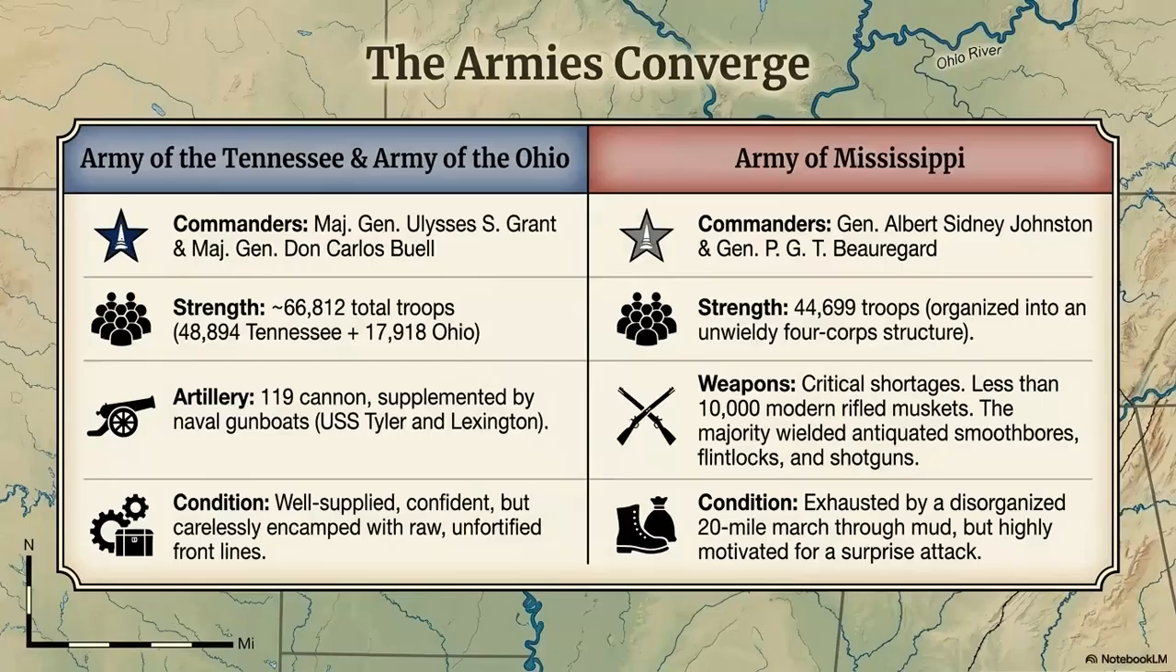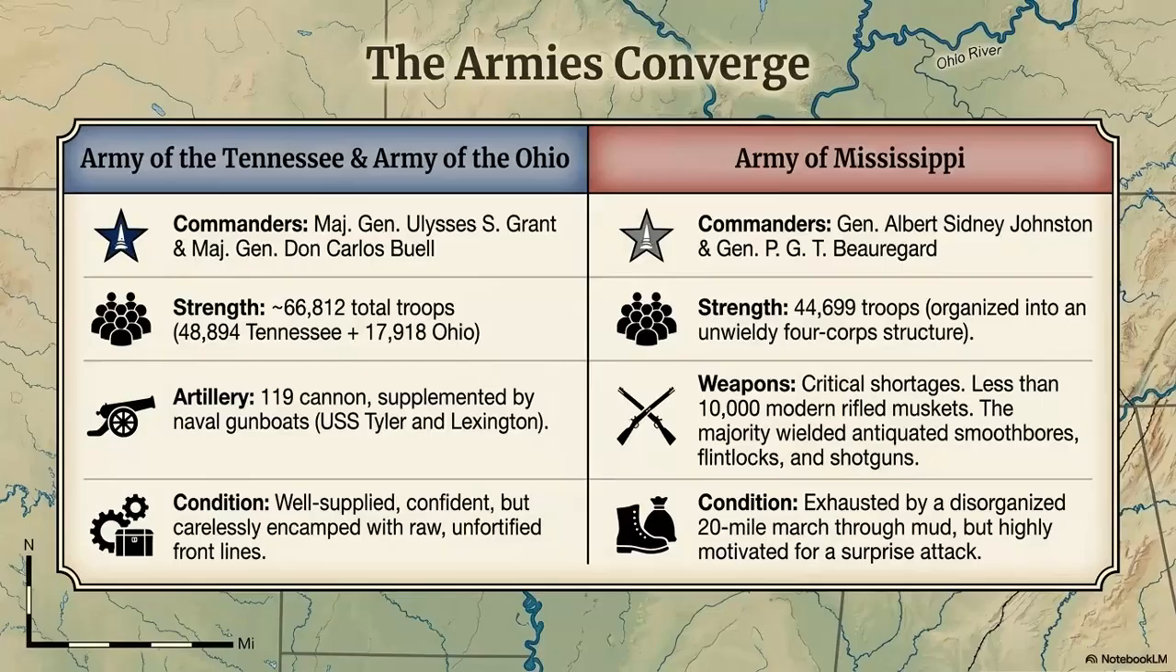The Union coalition combines Major General Ulysses S. Grant's Army of the Tennessee and Major General Don Carlos Buell's Army of the Ohio. Together, they field roughly 66,812 well-supplied, confident troops, supported by 119 cannon and naval gunboats, though they sit carelessly encamped